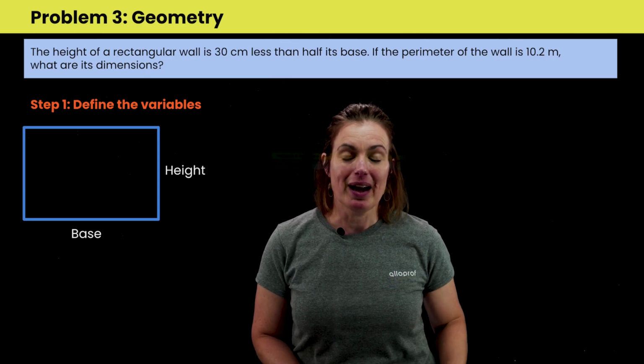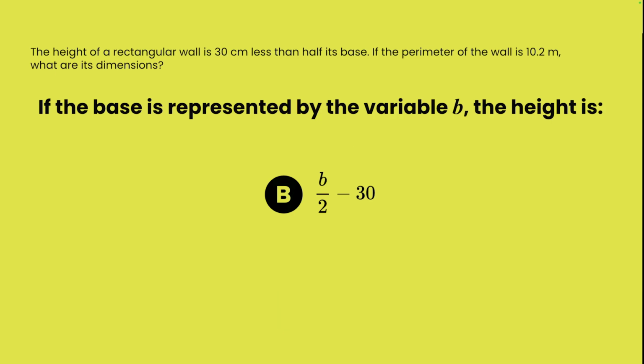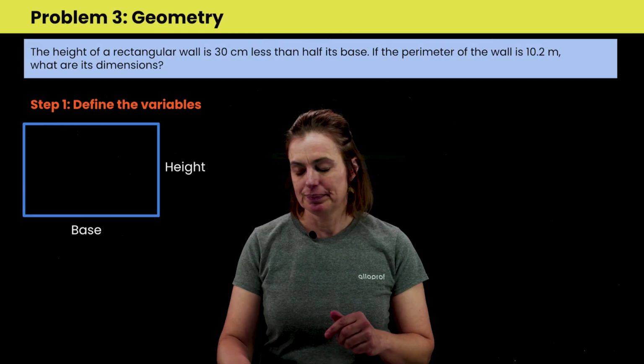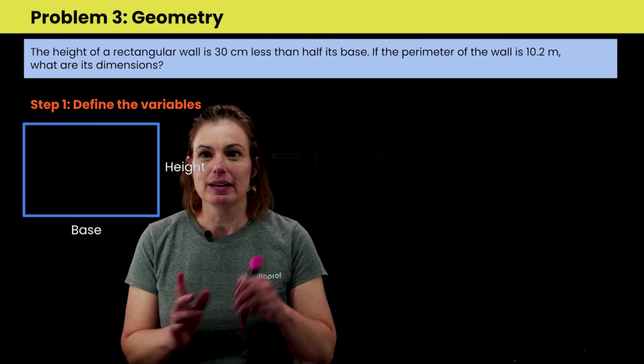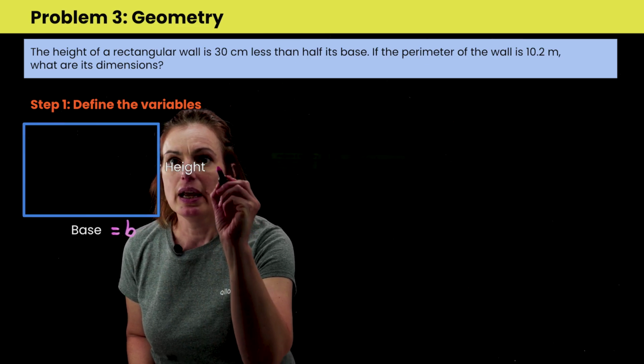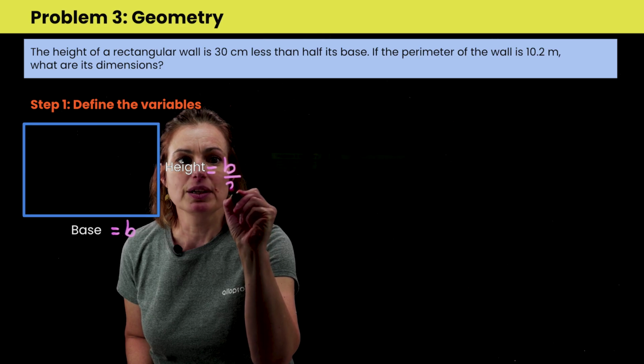Before I go any further, I have a question for you. So if the base is represented by the variable b, the height is which one of those statements? If you answered b divided by 2 minus 30, then you were correct. So let's get that up here. The measure of our base then is going to be b. We're going to represent that with the letter b. And the height then, the measure of our height is going to be represented by b divided by 2 minus